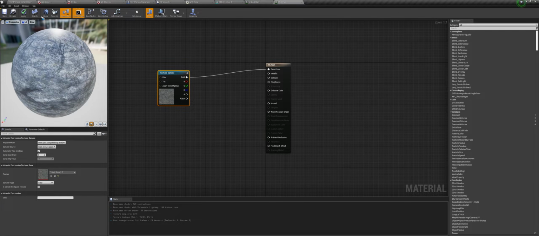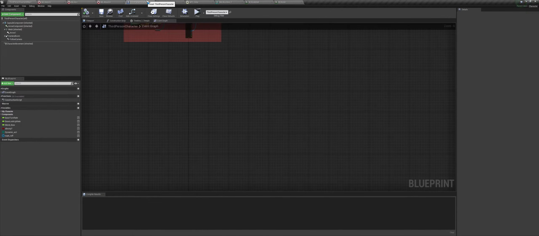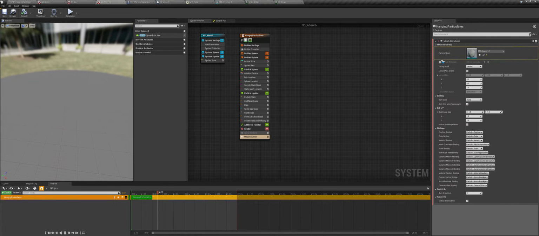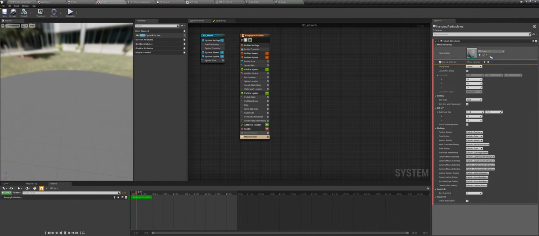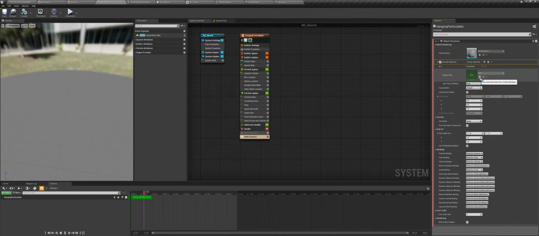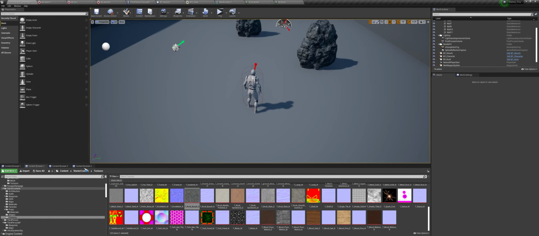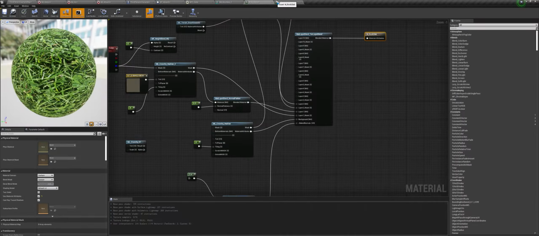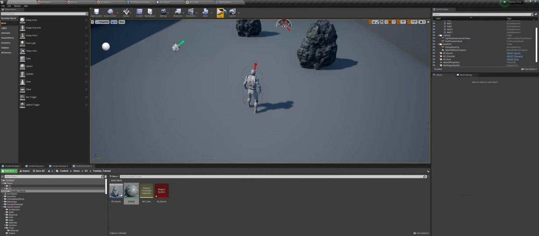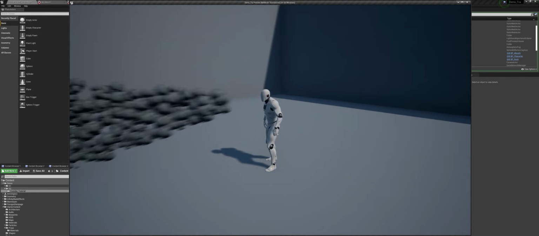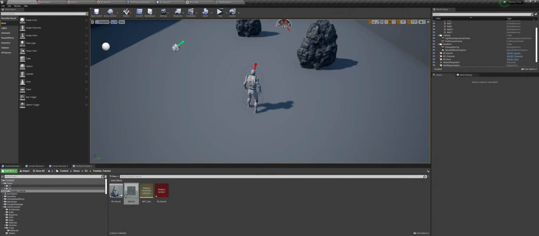So now that we have created this, I will click apply, and I will go to the absorb, and I will pick override material, and I will go here and pick override materials, and I will add one, and I will add our rock material in this one. So now if I go here, you can see something like this. Now we need to reduce the particle spawn also.